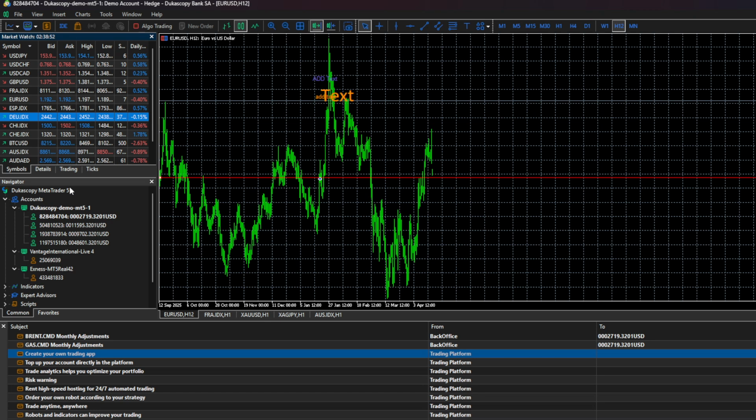Repeat this process for any other symbols you'd like to remove. Right-click the symbol, then click Hide. If you ever remove something by mistake, don't worry, you can always re-add symbols later from the same Market Watch window by searching for them or showing all symbols again through the menu. And that's it. By going to Market Watch, right-clicking on the symbol, and selecting Hide, you can quickly